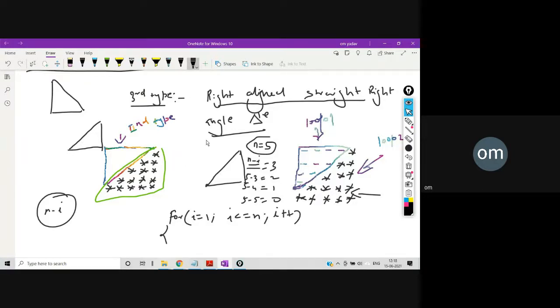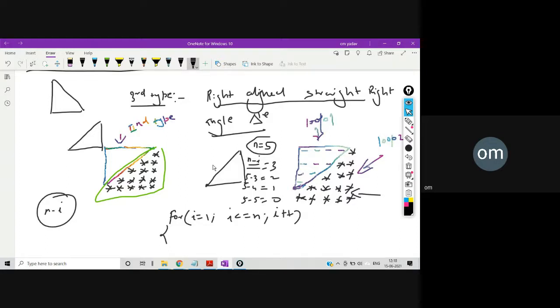So we were doing this right aligned, and I told you that for all the patterns you must practice. First of all, you must do properly the first pattern, and then whatever examples I gave you in that particular pattern, the same you can repeat in the second type of pattern, then in the third type and fourth type, and so on. Once you know one type of pattern, you can easily do all the rest of the patterns. And I gave you proper logic also so that you can remember, otherwise it becomes difficult to write the program.